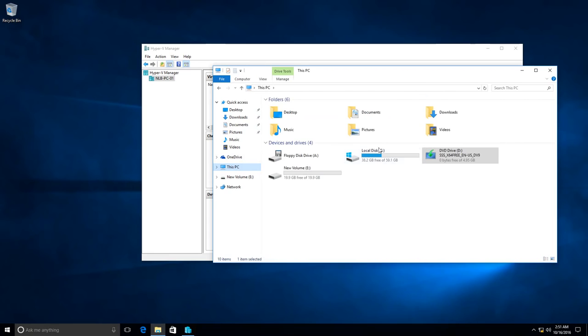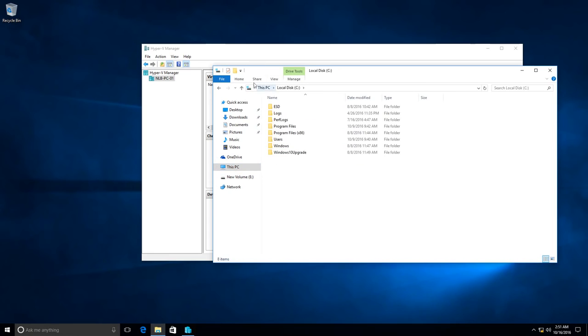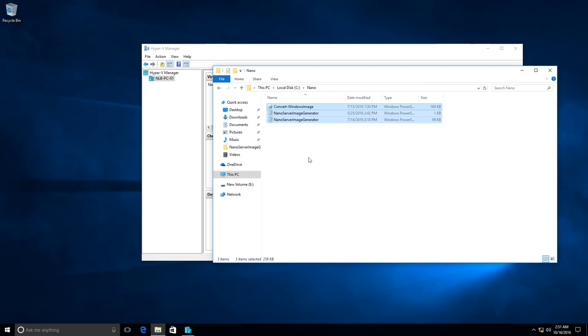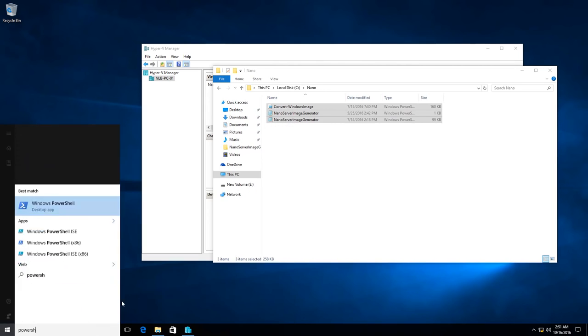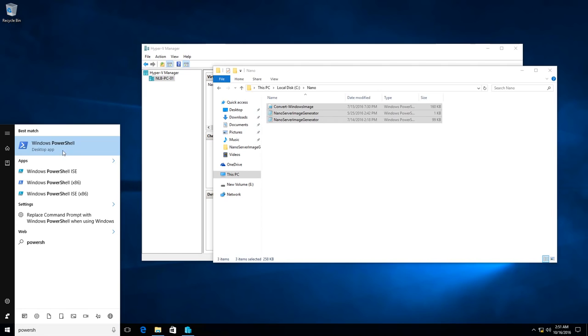So first what I'm going to do is create a new folder called Nano on my client machine, and we'll paste the 3 scripts in here. The next thing I want to do is open a PowerShell as administrator,